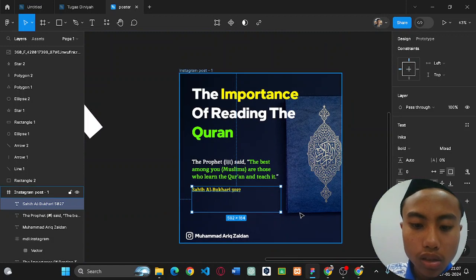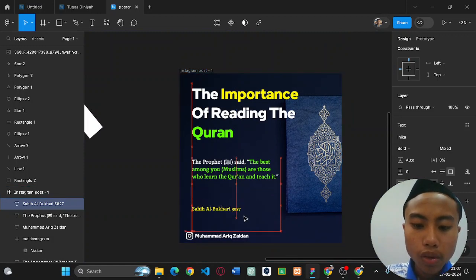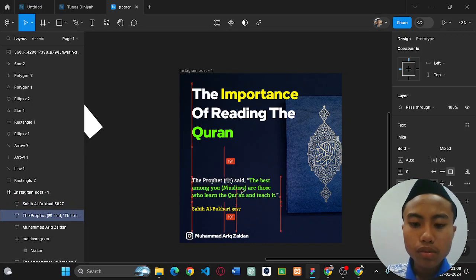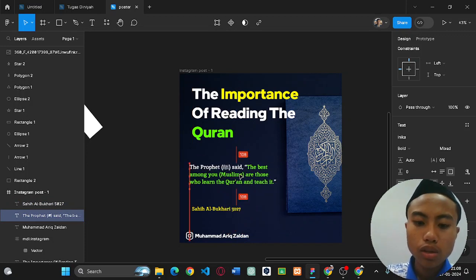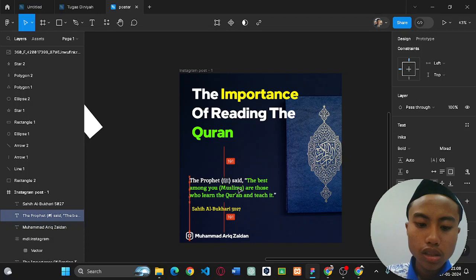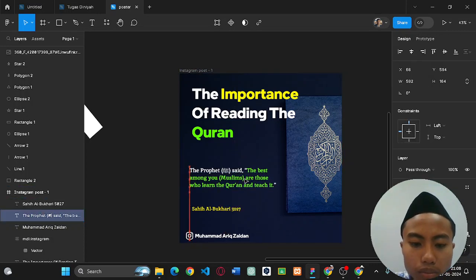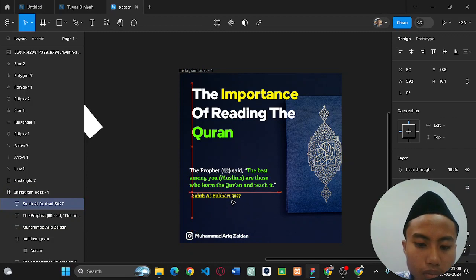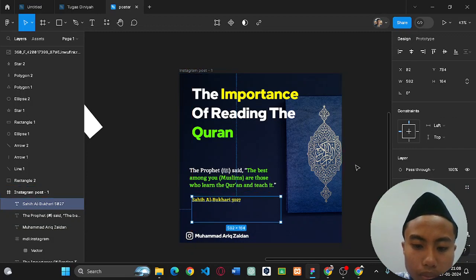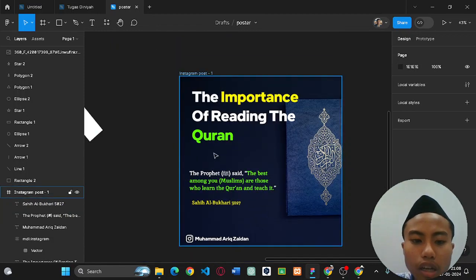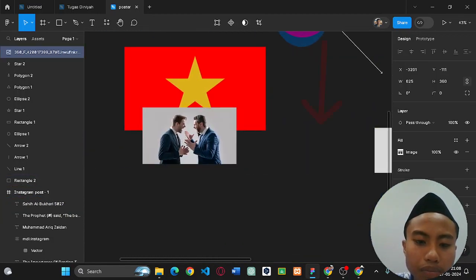Okay, it's pretty good actually, but there's still empty space in here. It's good, I think actually. I think I have too much stuff, yes, like that.